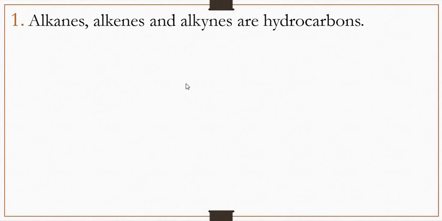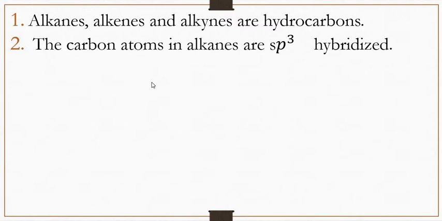The first point says alkanes and alkynes are hydrocarbons. Now, when we say hydrocarbons, they are compounds whose principal elements are carbon and hydrogen. So what this means is that the principal elements of alkenes and alkynes are carbon and hydrogen. The second point says